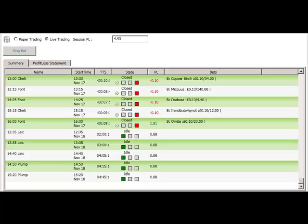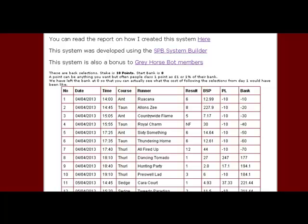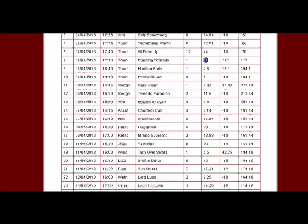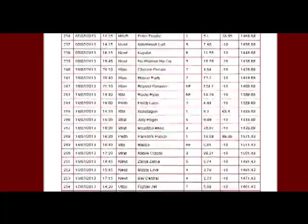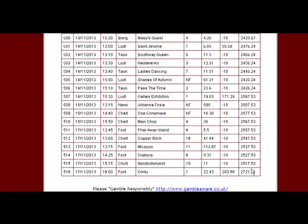And as you can see from this window here, if we go down, we started with a zero bank. We didn't play around and put 100 points in there to make it look better. We started with a zero bank, and you can see it had 7 losers in a row, and then its first winner came in at 27, and it's not really looked back since then, has it? It's gone up and up and up, and hopefully the new system will be even more improved. But we're up to, that's equivalent to 272 points as of end of racing yesterday, with that last